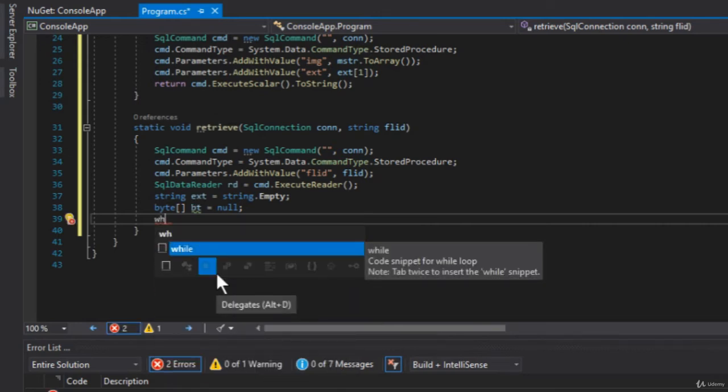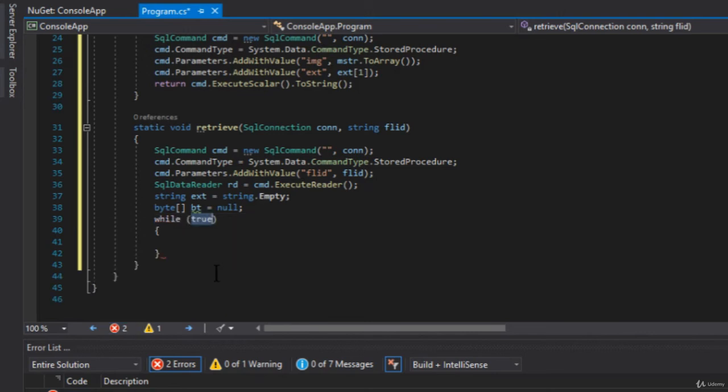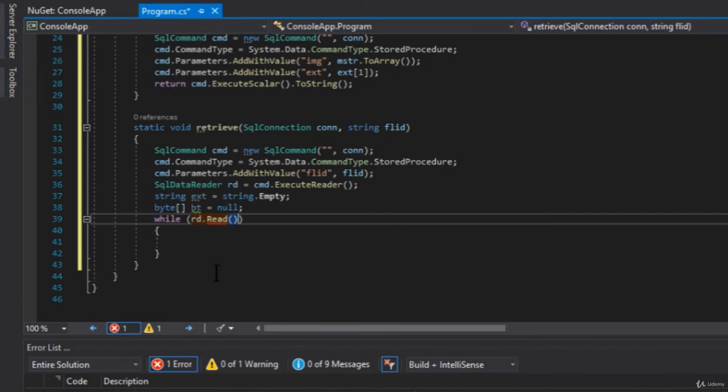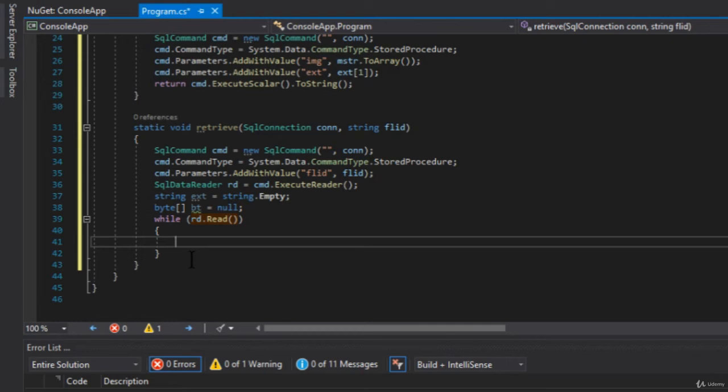Let's do while rd read, and here we will have to read it. Now we only will have one value, but we still need to use the proper reading technique. So let's do bt equals,